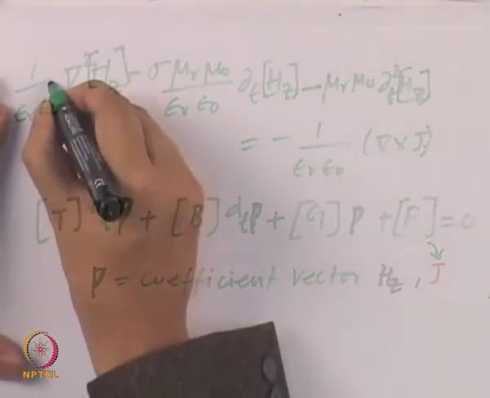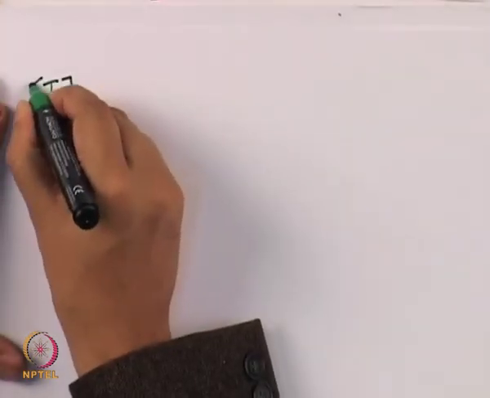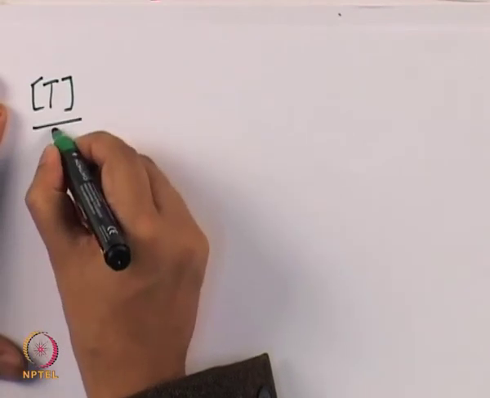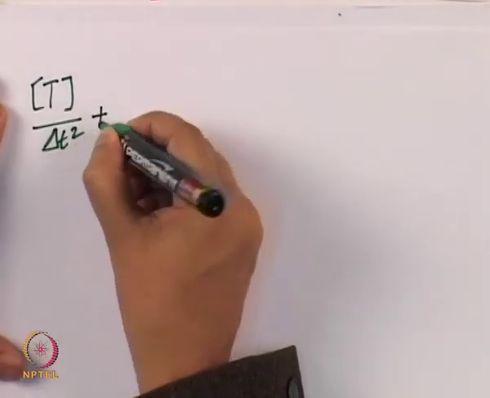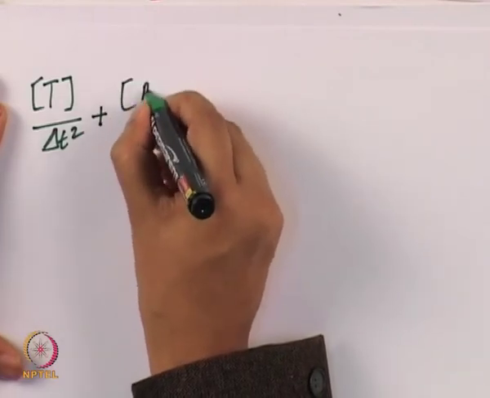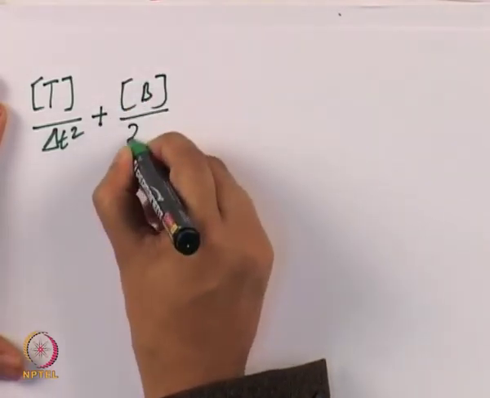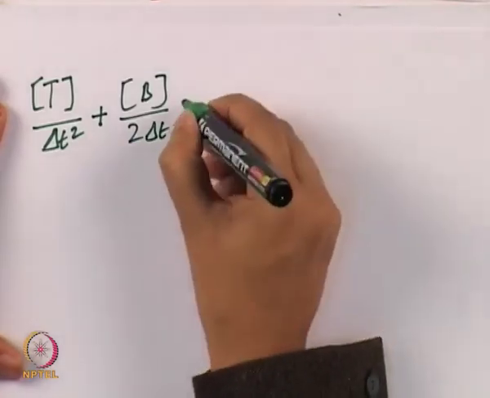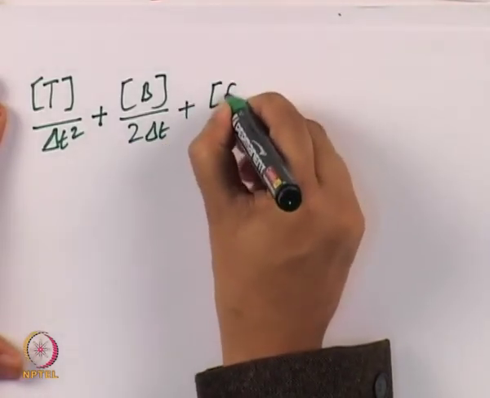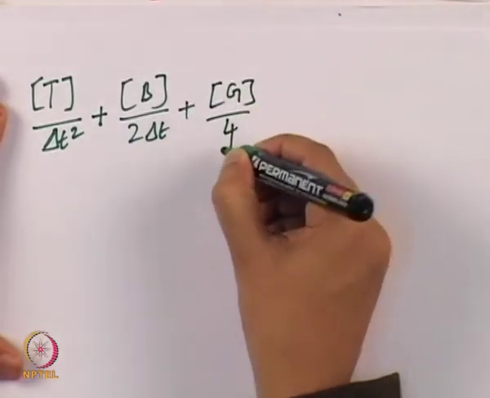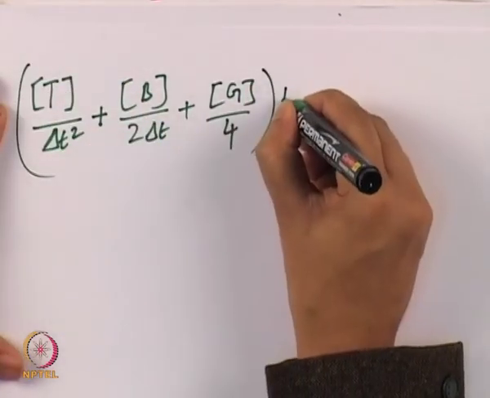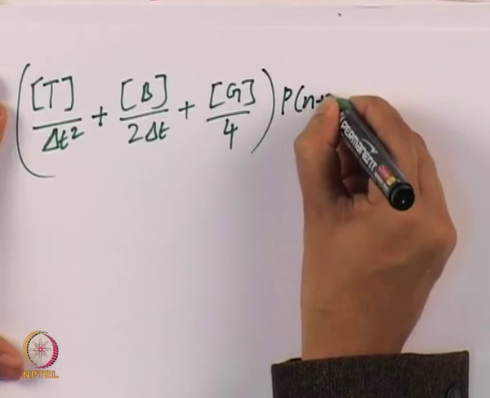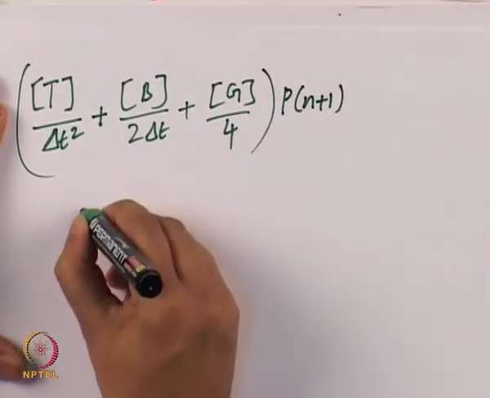So what we will have is the T matrix divided by delta T square plus the B matrix divided by 2 delta T plus G divided by 4, the entire thing multiplied by P of n plus 1 is equal to